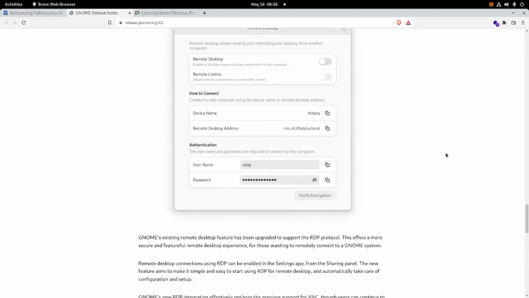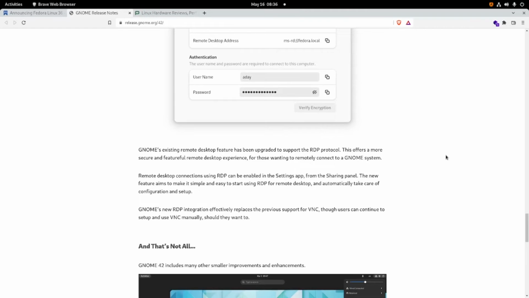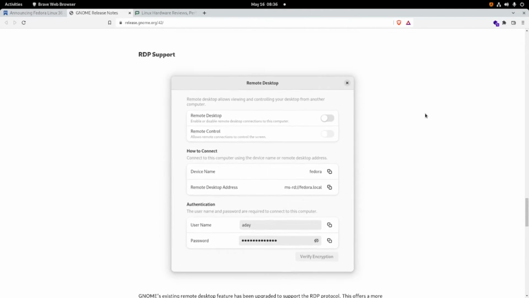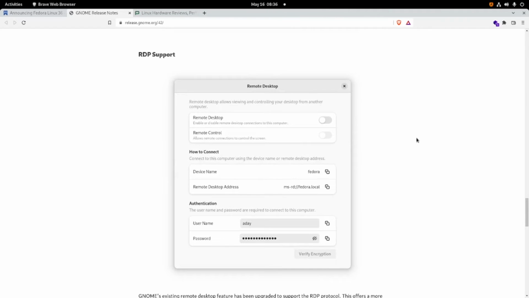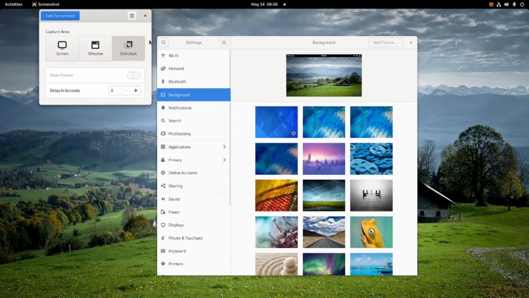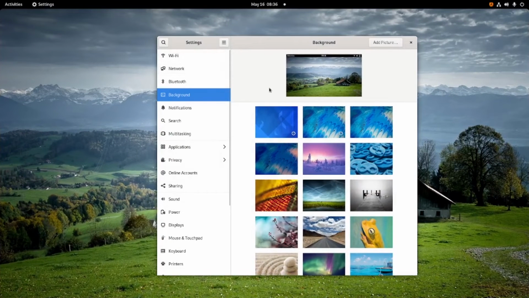Maybe in another video I will make this remote desktop setting in Fedora. Before we go to the VM, we will go to the setting in Fedora 35.